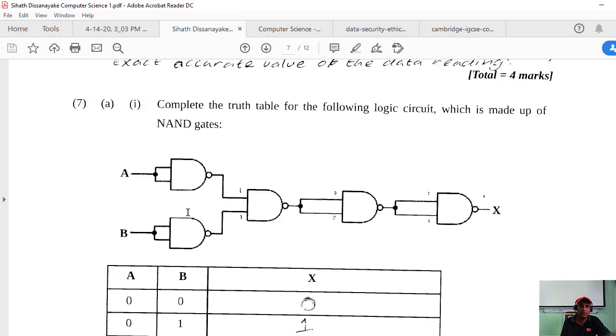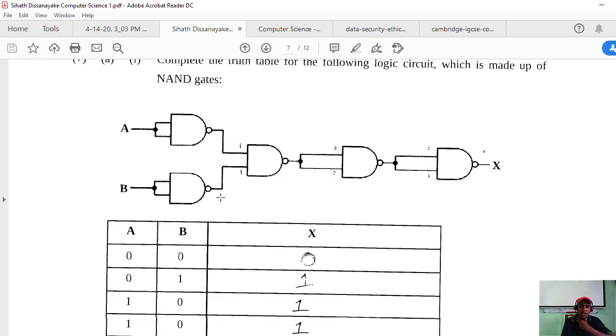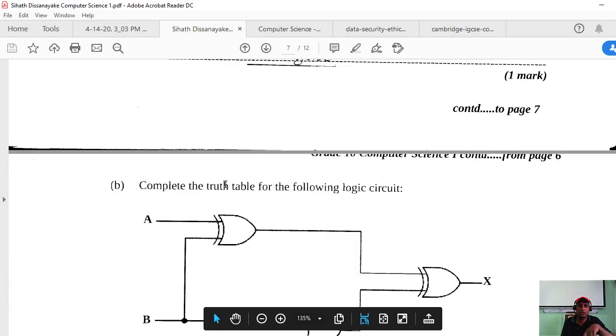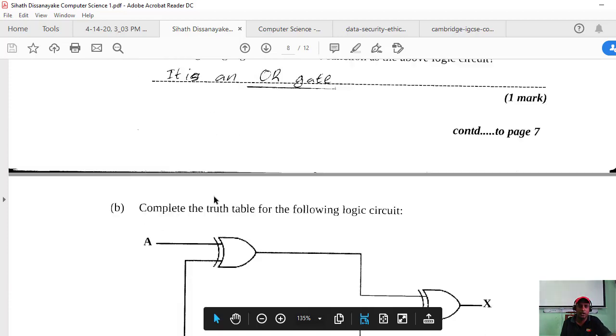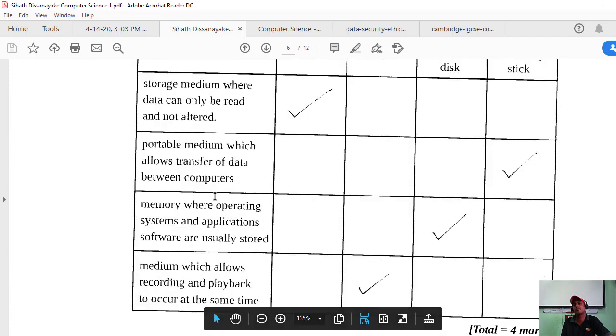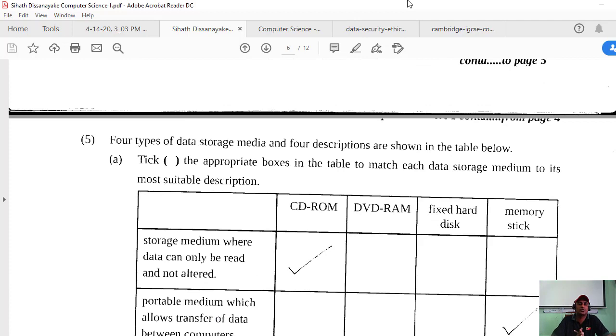Other than that, in the digital part, I think you made one mistake here, in the logic gates, and that's it. Anyway, please study well. You have time now, so you can easily get a good mark.